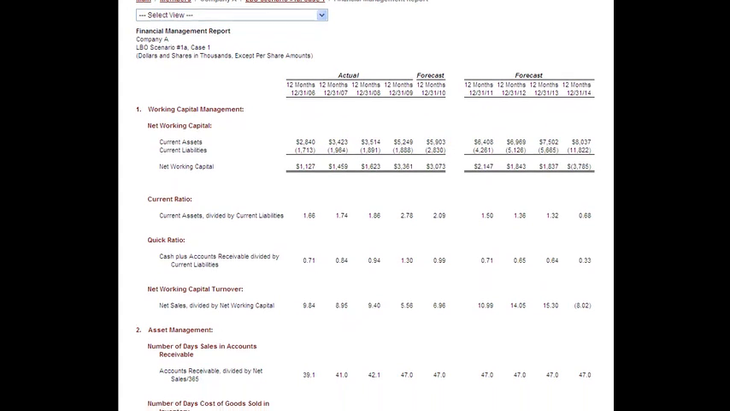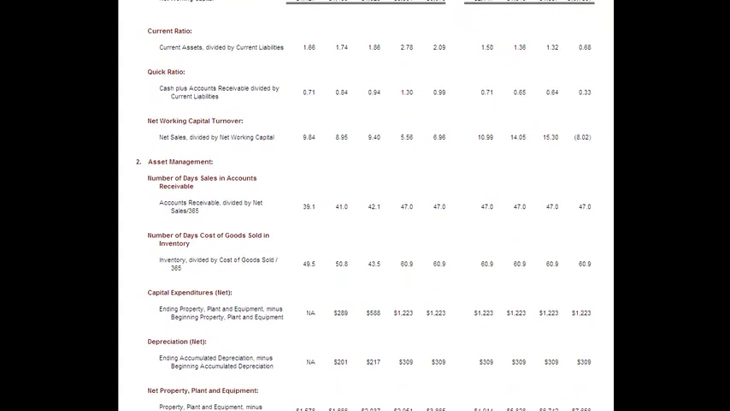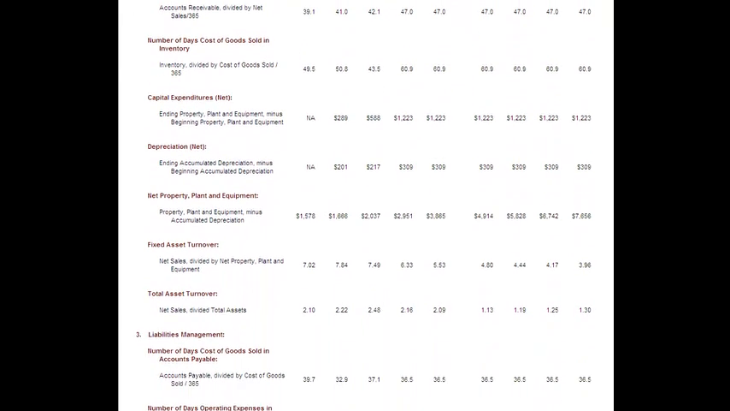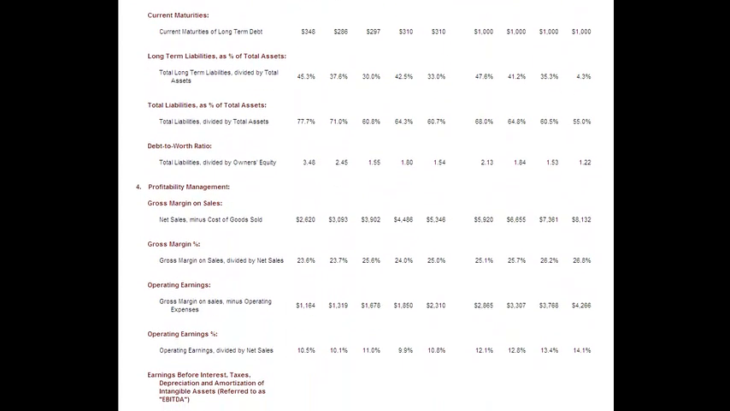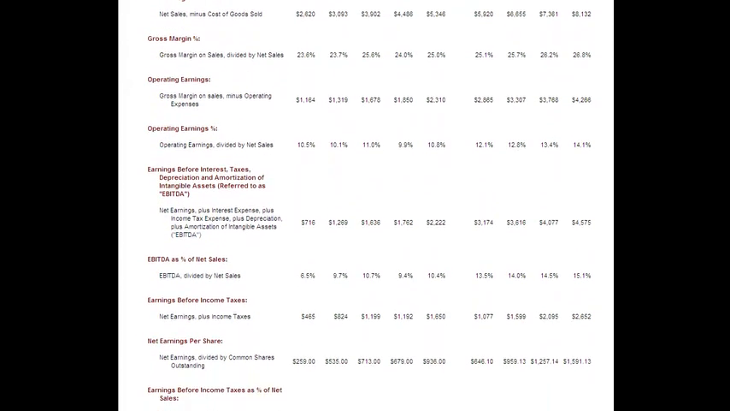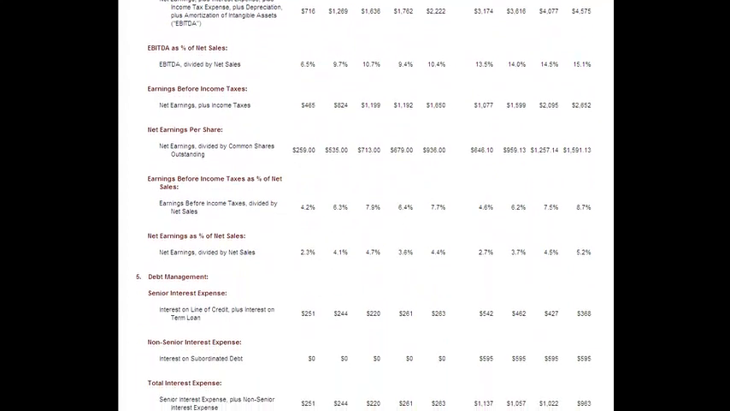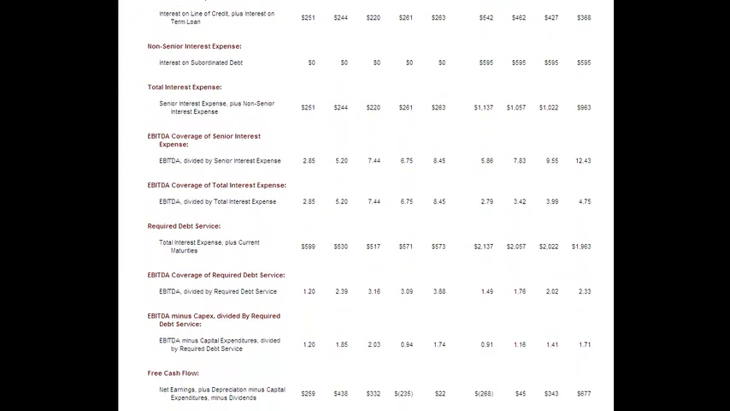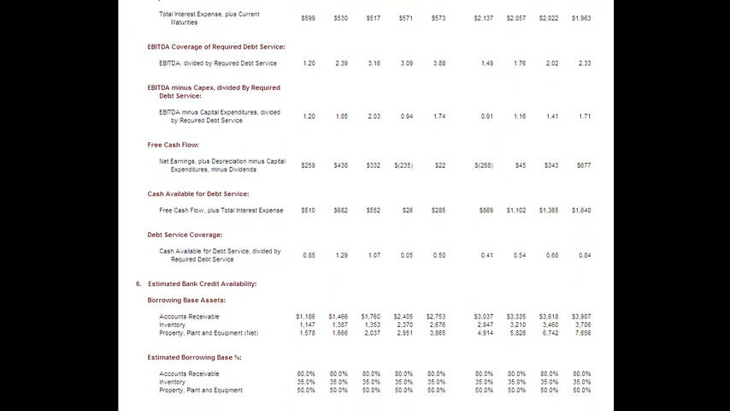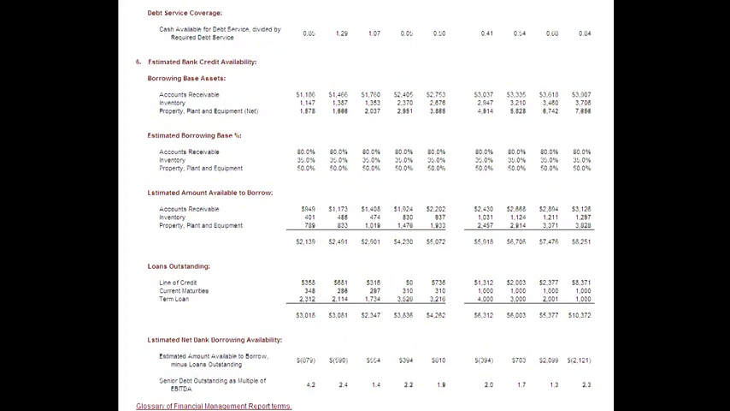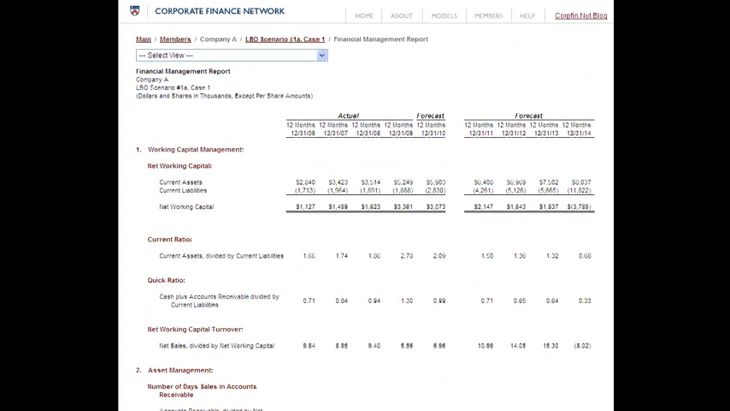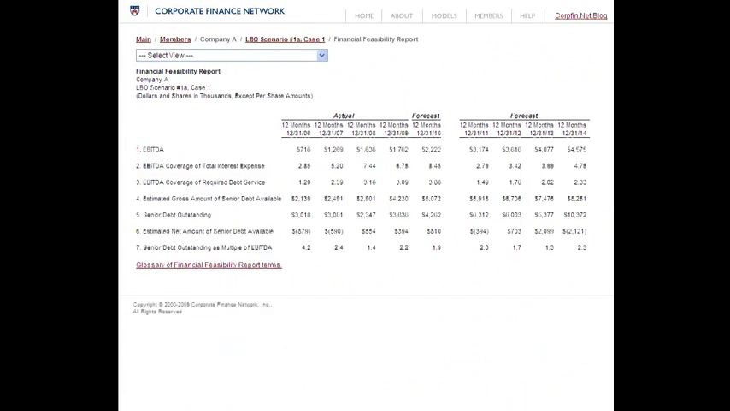Finally, we have 2 financial metric and performance reports. The financial management report is organized into 6 management sections: working capital, assets, liabilities, profitability, debt, and bank borrowings. The report contains 43 different metrics for each of the historical and forecast years. Where appropriate, how the metric is calculated is displayed underneath the metric's name. The financial feasibility report is a subsection of the management report and focuses on debt service metrics that are particularly